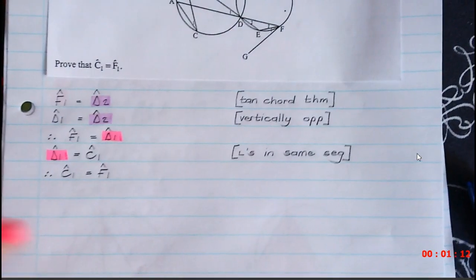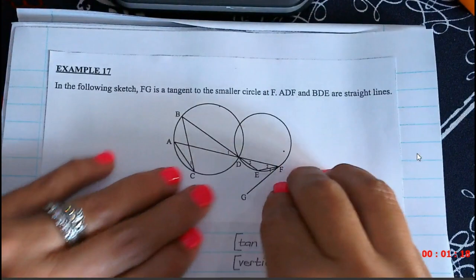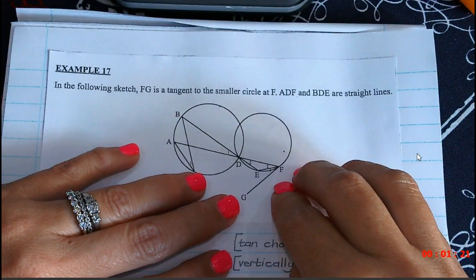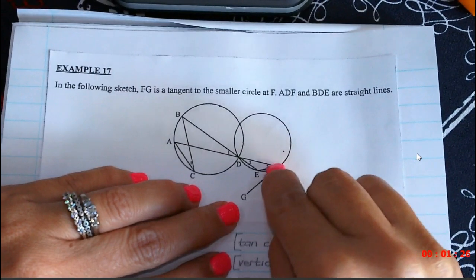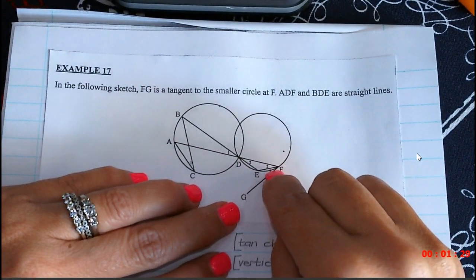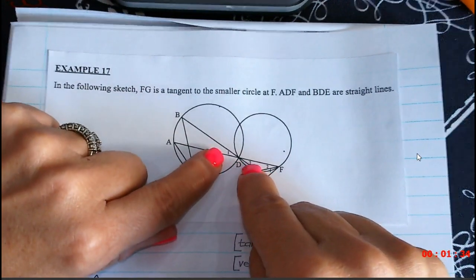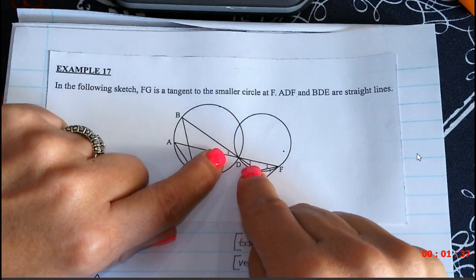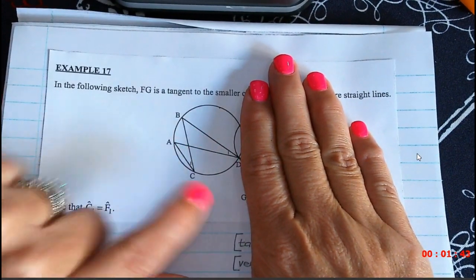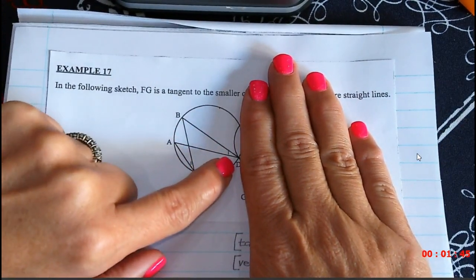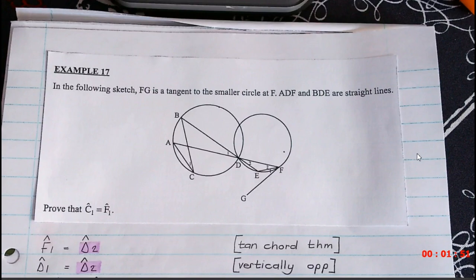Now, on the next part of the video that I'm going to match with this one, I started already with example number 17. At example number 17, this is my tangent. This tangent makes an angle with angle F1. This is being subtended by angle D2, which is vertically opposite to angle D1. Vertically opposite, but then in my bigger circle I will have the bow tie where angle C1 will be equal to angle D1. I'm so sorry for the mishap, but the next part of the video will be better.